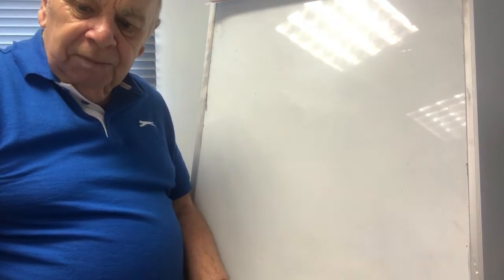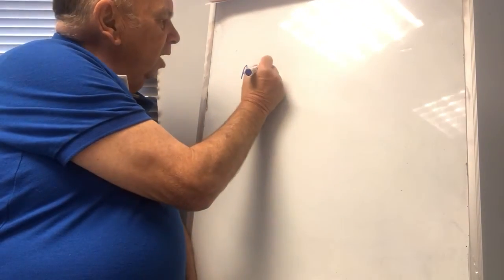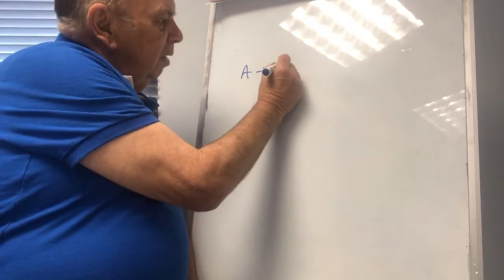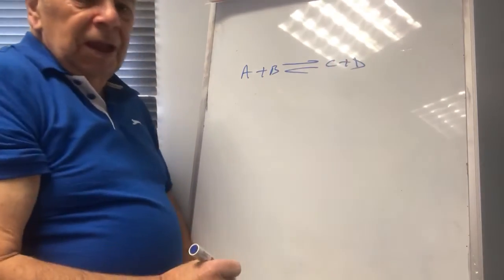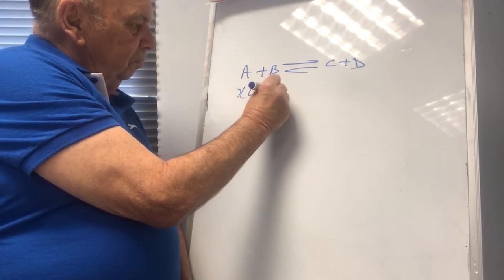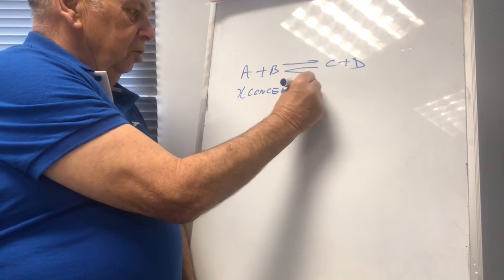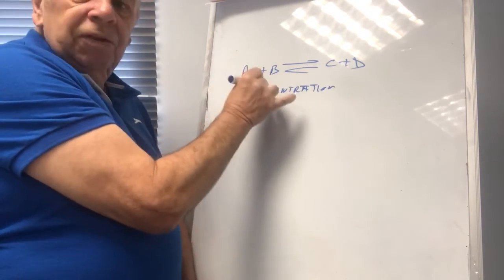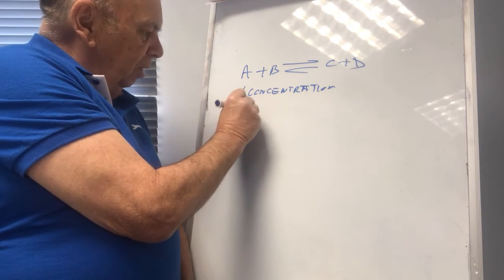So let me explain that again. A plus B going to give you C plus D. If I change the concentration of the reactants,